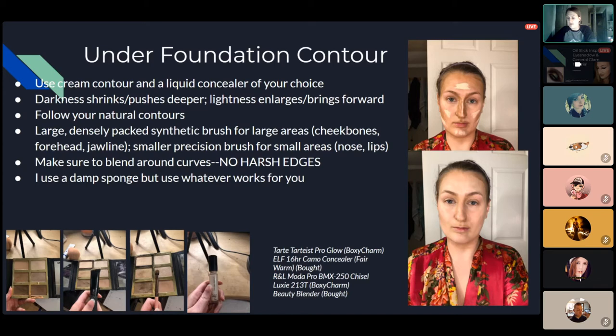After you have added all your shading, it's time to add some light to your face. For every shadow, there's a highlight, which is an important lesson for both makeup and life. I apply my concealer to the center of my forehead, down the center of my nose, between the contour lines, and on the tops of my cheeks, on my chin, and along my jawline below the cheekbone contour and above the jawline contour. After all the colors have been applied, I pat them in and blend them together a bit